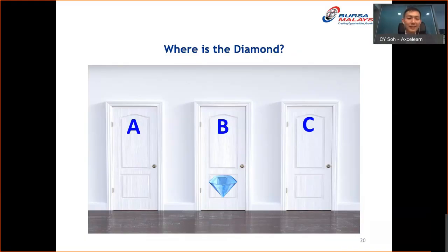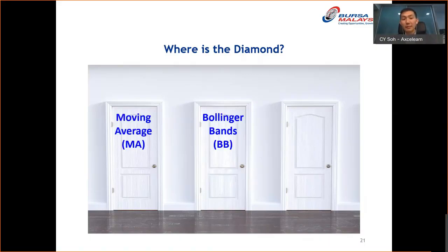Now, let's say I were to replace all of these doors with respective indicators. Door A is represented by moving average, door B by Bollinger Bands, and door C by MACD. Again, take a guess. Is it MA, BB, or MACD that has a diamond behind it? Later I will reveal the answer, and we will see which indicator actually performs the best over